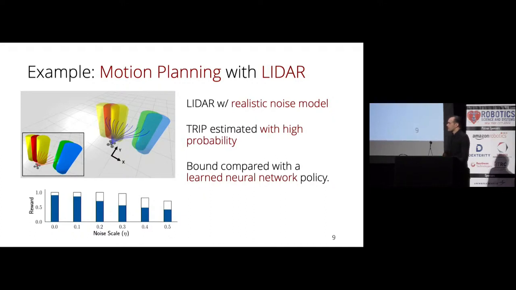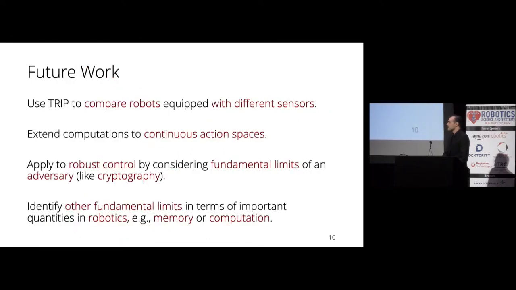In our final example, we consider a motion planning problem where the robot is equipped with a LiDAR, and it needs to identify a path that will navigate it safely around the obstacles. And the LiDAR has multiple failure modes and different noise scales. And again, we evaluate our trip bound as we vary the noise scale and see that our bound matches the performance well. And in the last case, the policy that we were comparing against was a learned neural network